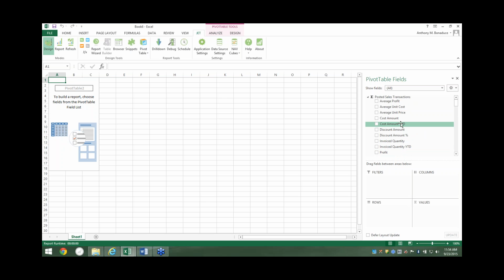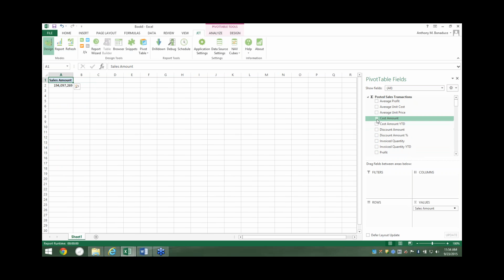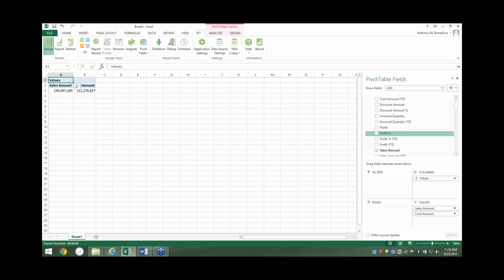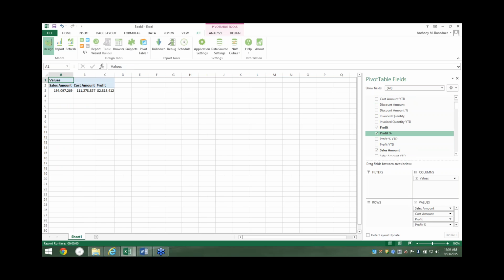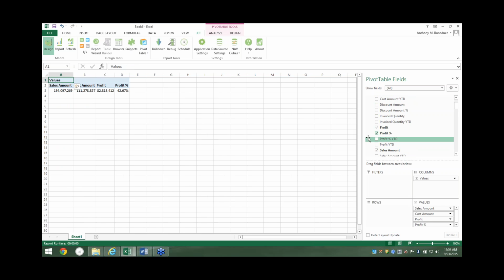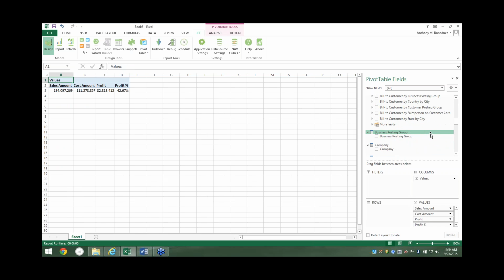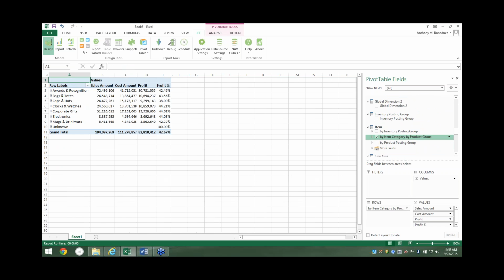And if I come through here and I want to build something, I'm just checking boxes. I mean, it's just a pivot table. So if I want to say, show me my sales amount, let's see the cost associated with those sales, and that'll leave us with maybe the profit and the profit percent. I've checked 4 boxes, and it's giving me these numbers automatically. I can come down here and put some context around them though. So let's say, let's go ahead and see what items we're selling, and let's roll that up by item category. So you can see there's our item categories over here,